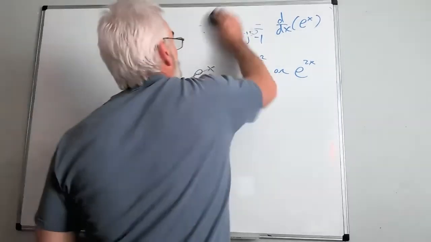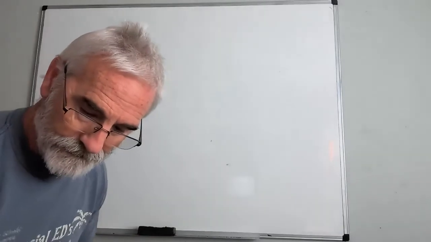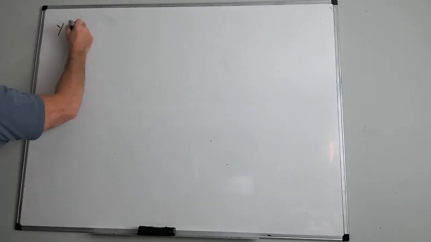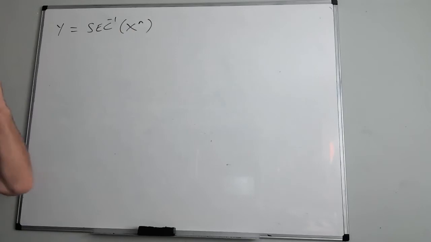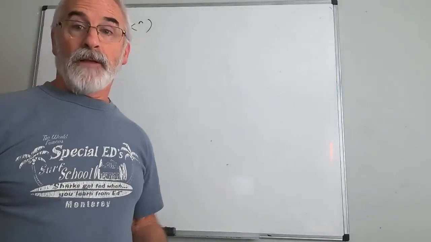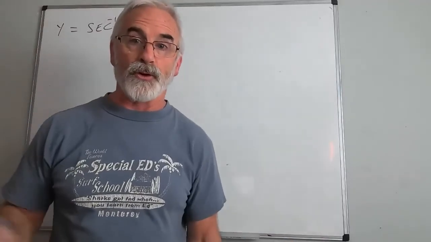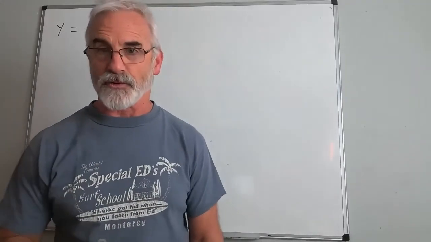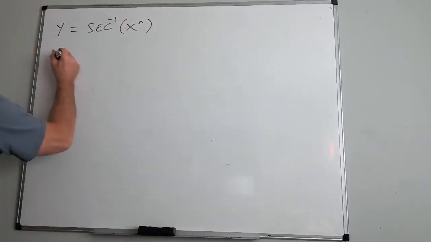So let's do another. I want to do, let's say y equals the inverse secant of x to a power. The x can be any power. Let's assume that's not a 1, just to make it more interesting, but the n could be a 1. But I want to do this one in general because this one here gives us a really nice shortcut. Not that I want you to remember a formula, but I want you to remember the form. So dy dx